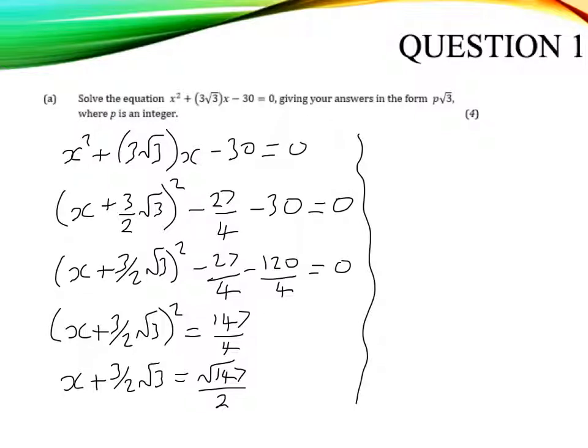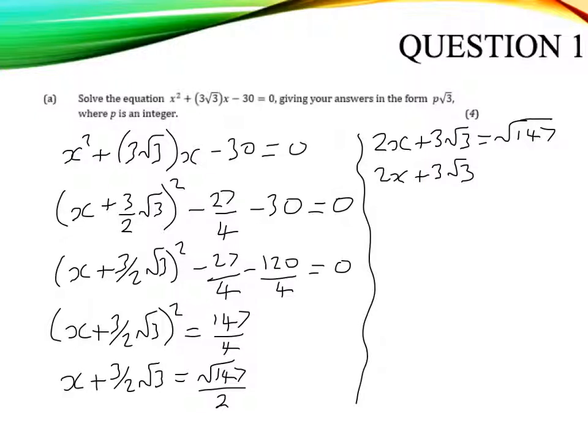Let's multiply everything by 2. That's going to tidy lots of things up. So if I multiply everything by 2, I've got 2x plus 3 root 3 equals root 147. We remember that root 147 was the same as,